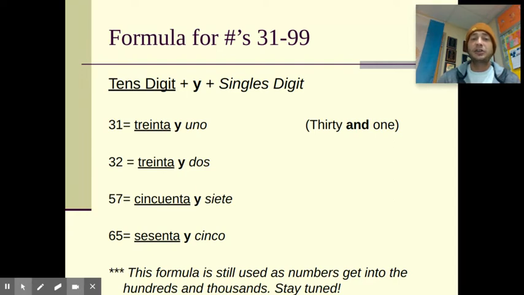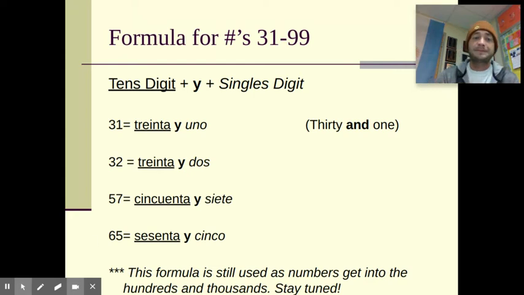In Spanish, it is going to be the number 30, which is your tens digit. Okay, take a look at that. The word y, which means and, then the singles digit uno. It's literally saying 30 and 1. Okay, which is kind of a nice formula. That does simplify it a little bit as you look forward to doing other tens digits between, once again, 31